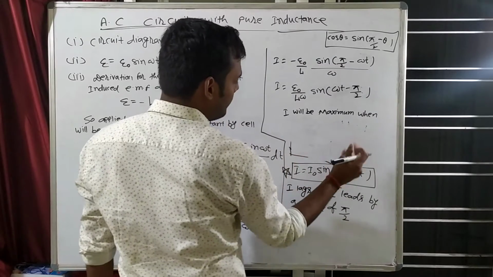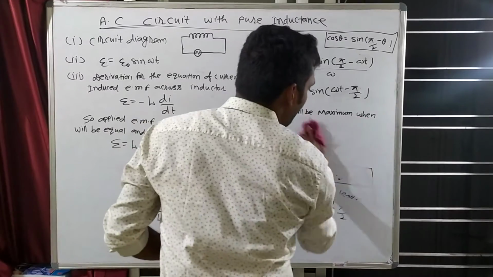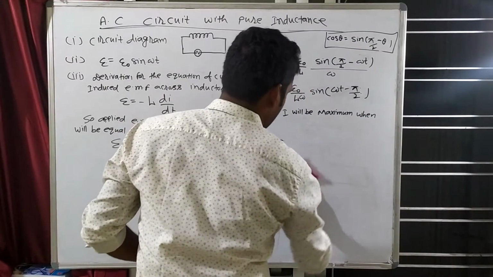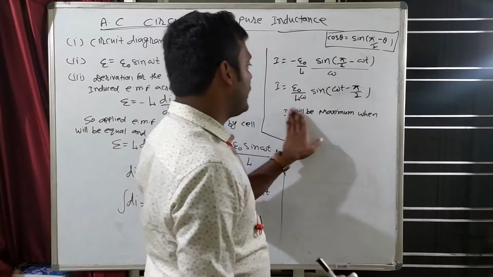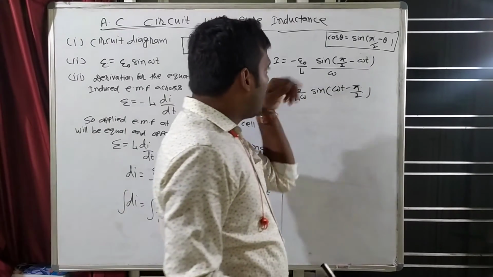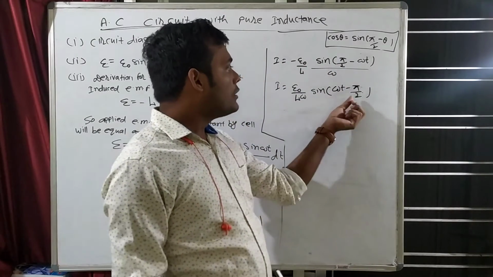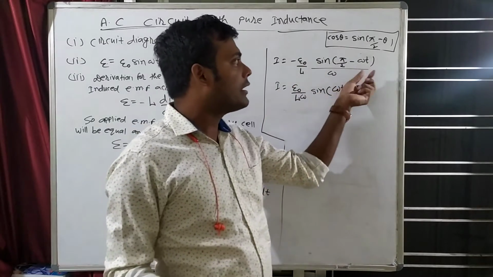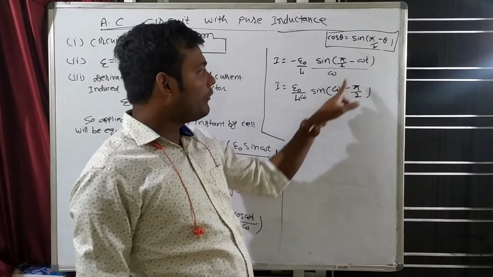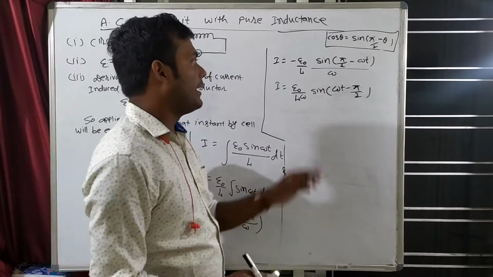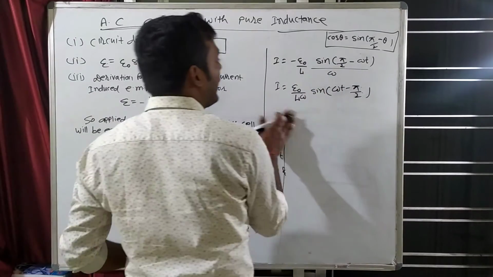I am writing the whole thing again. Understand all this. Before this, see this one. This minus will multiply here, so this will be minus into plus, which is minus, so this will be minus pi by 2. Minus into minus, so omega t will be plus. So sin omega t minus pi by 2. Omega t will become plus, and this one will become minus. So this minus is multiplied inside. Now the minus is finished.